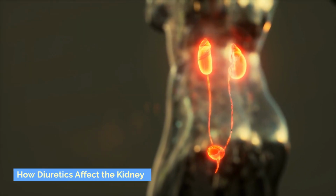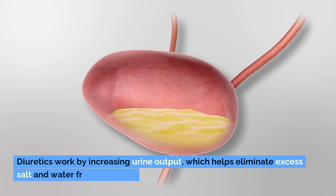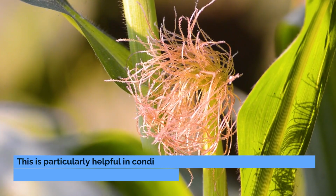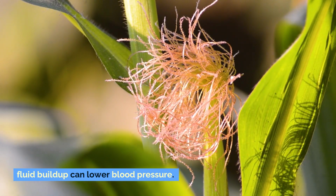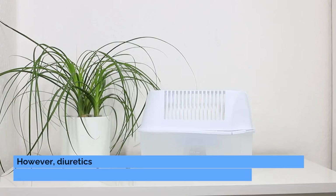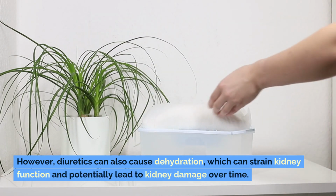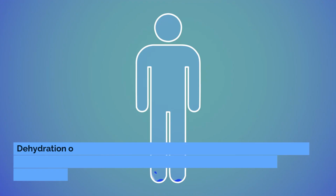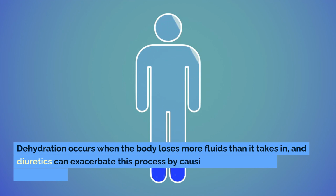How diuretics affect the kidneys. Diuretics work by increasing urine output, which helps eliminate excess salt and water from the body. This is particularly helpful in conditions like hypertension, where reducing fluid buildup can lower blood pressure. However, diuretics can also cause dehydration, which can strain kidney function and potentially lead to kidney damage over time. Dehydration occurs when the body loses more fluids than it takes in, and diuretics can exacerbate this process by